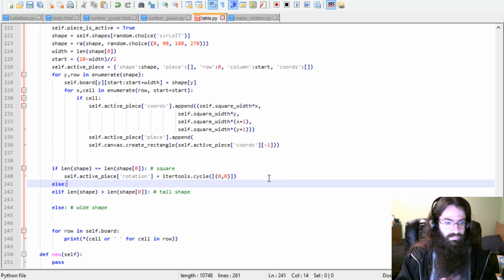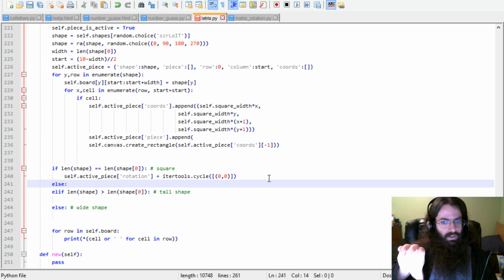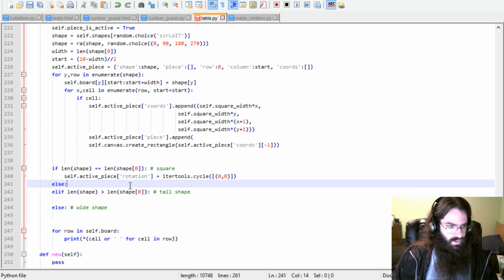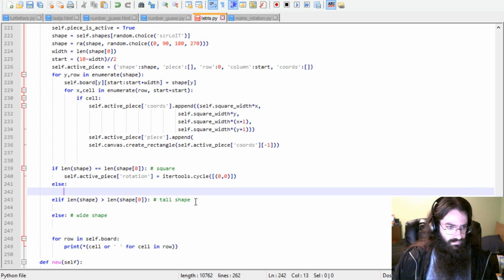That's how we'll think of it. So we have a tall shape, we have a wide shape, and it's just rotated. So if it's the other one, we'll just go to the next one in the cycle. This would do that. We just want 0, 0 a whole bunch. Otherwise,